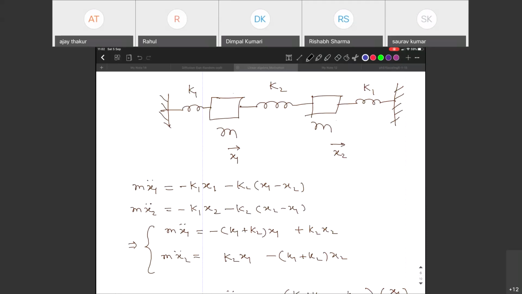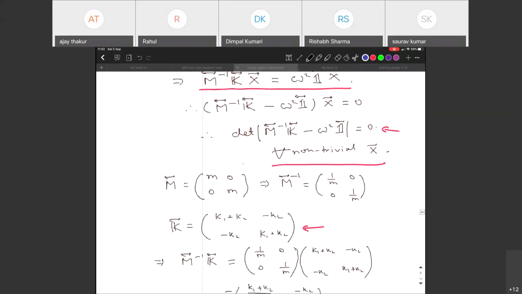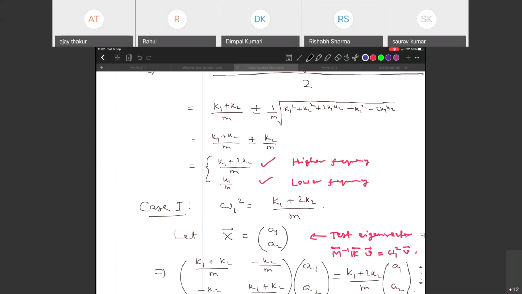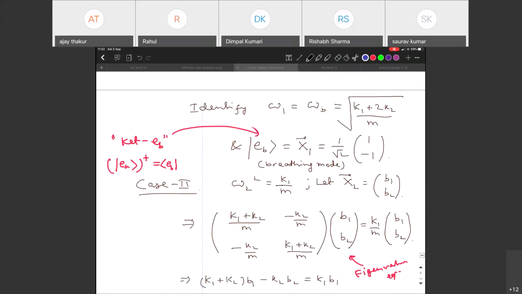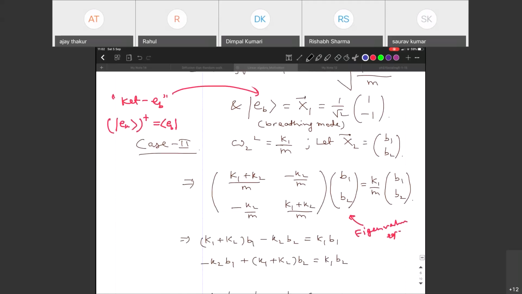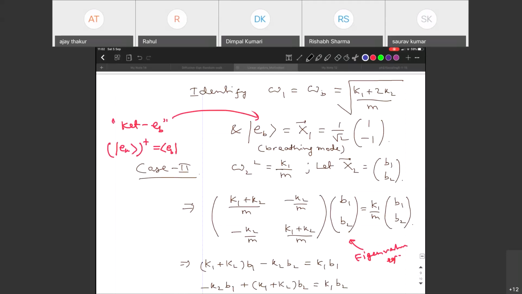Yes, tell me. Sir, as per this basis, you have only done the orthonormality condition. Does it also obey the quantum mechanical condition, meaning the orthogonality condition? No, see, first of all, it is orthonormal. And what do you mean by orthogonality? When you say orthonormal, first of all, it is normalized, right? Yes, sir. And they are independent modes. As soon as we say they are independent, there's nothing quantum about it. Even classically, that is valid.